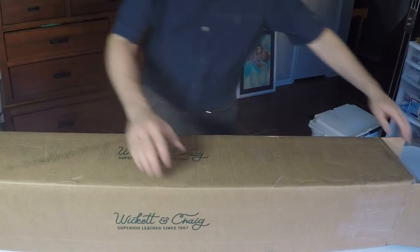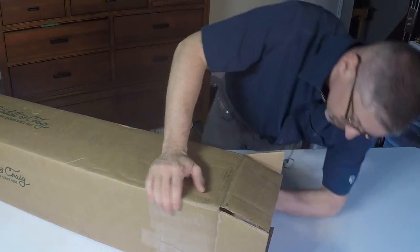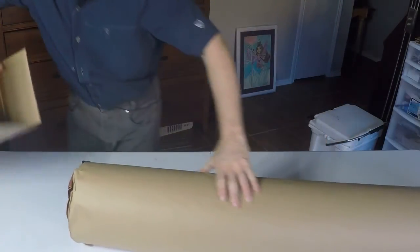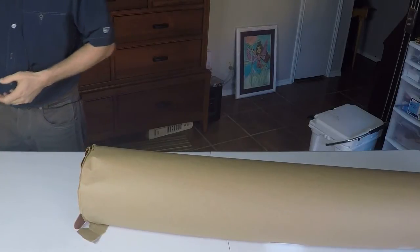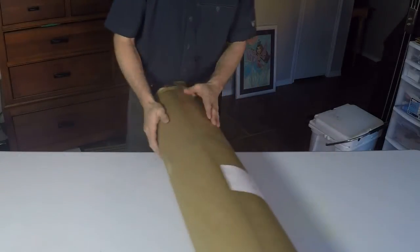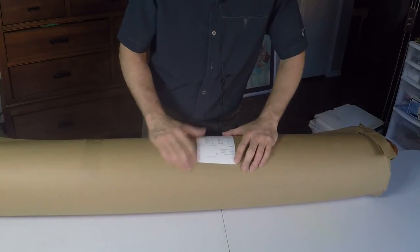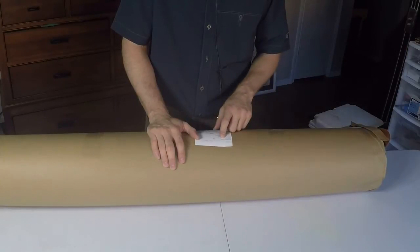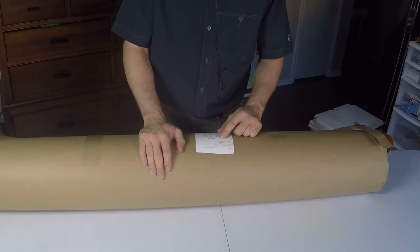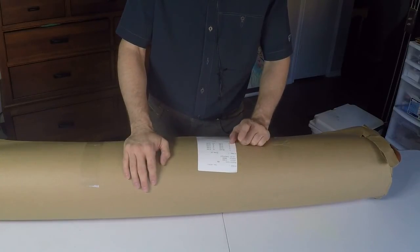All right, so let's pull it out of the box. Oh, looks like it's wrapped up pretty nicely. So what we're going to see on the outside is I had 2 to 3-ounce, this is all veg tan, by the way. Wickett Craig only does vegetable tanning. It's one side,